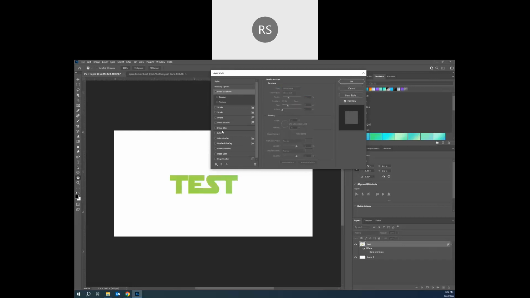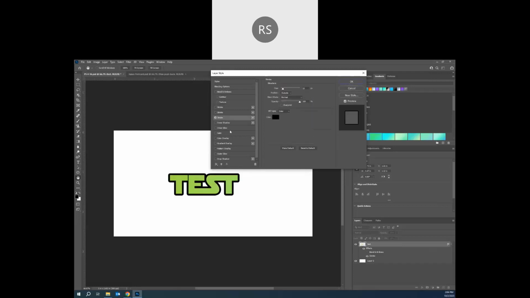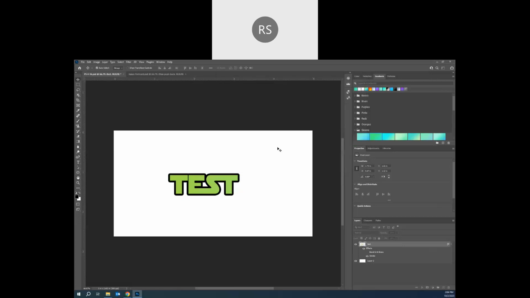Another effect we can look at is the stroke. This is a basic artistic element. It's going to place an outline of an object or a type. So the best method for applying the stroke is to apply it as a layer style, as we just did. There are other ways you can apply a stroke. For example,